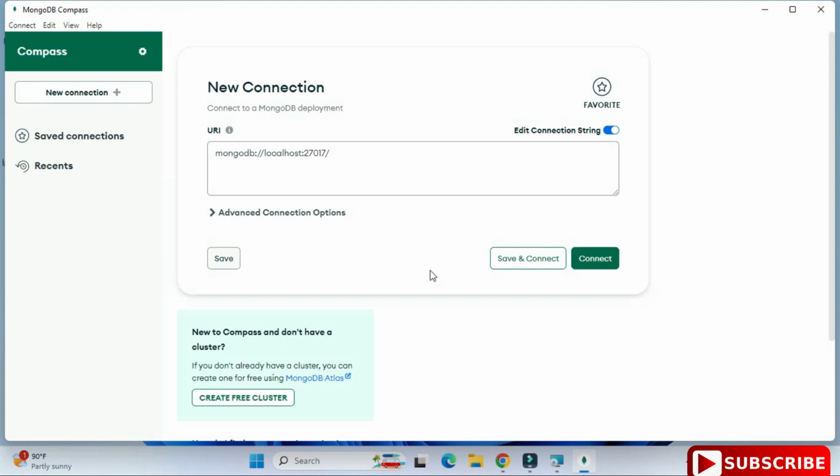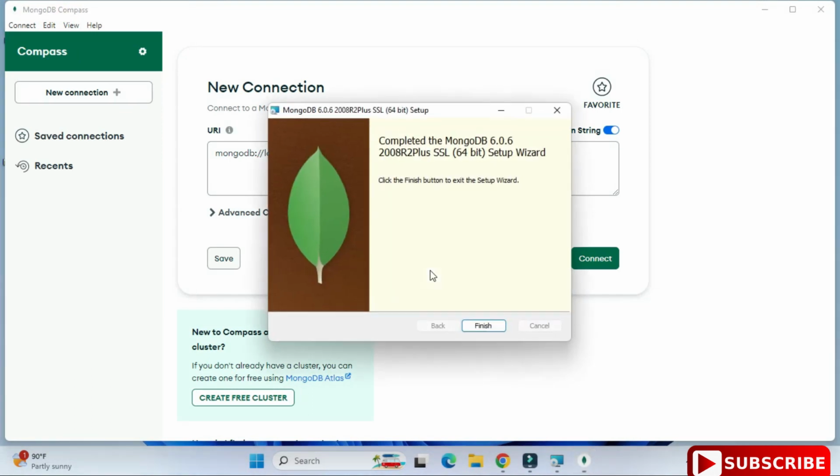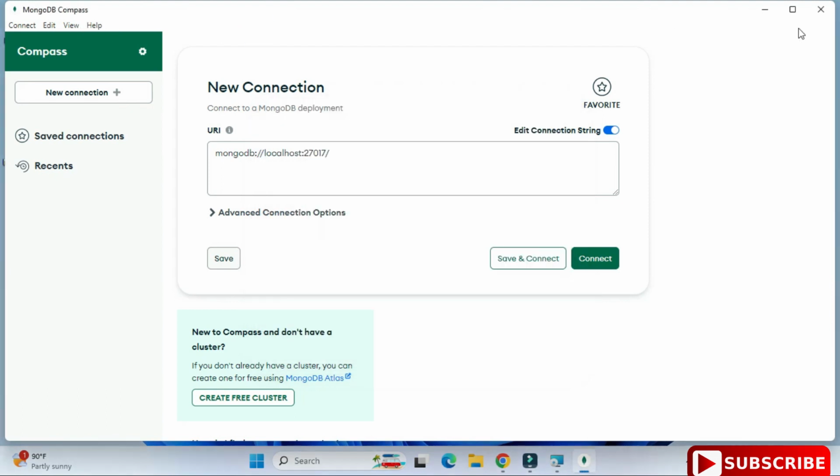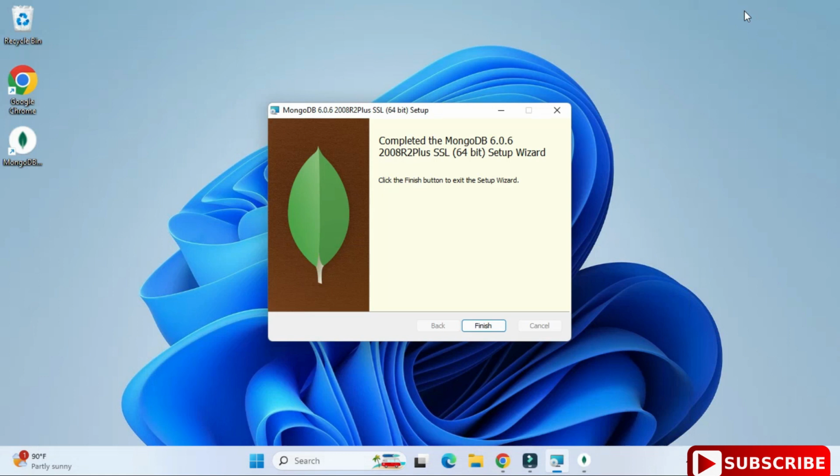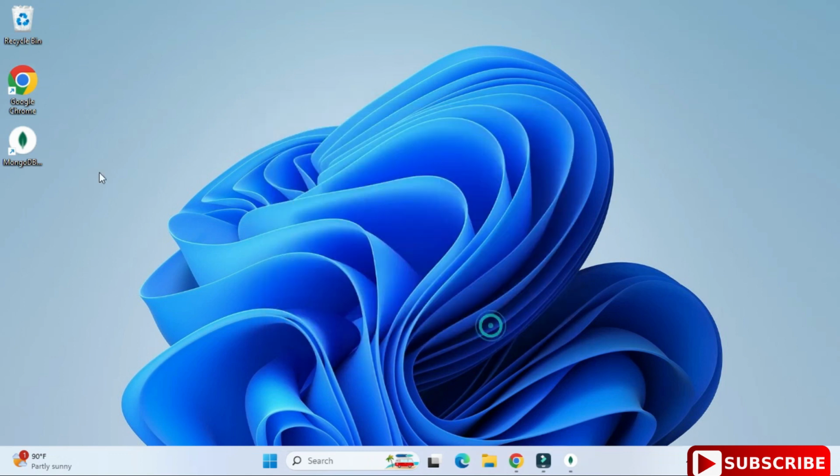Okay guys, so my installation is done. It is showing me installation completed, and in the back, guys, you can see it is showing me MongoDB Compass. So I'm not going to show you MongoDB Compass in this video. I'm going to make a separate video for that. In this video, I will be showing you mongosh CLI commands. Okay, so just minimize or close this MongoDB Compass. You simply need to click on the finish button to complete this installation. So installation of MongoDB is done. So server installation is done.